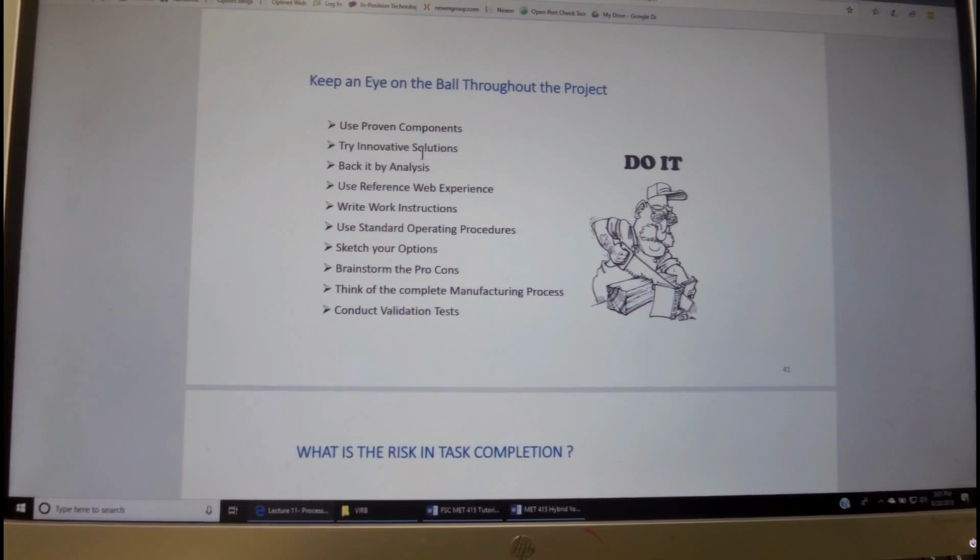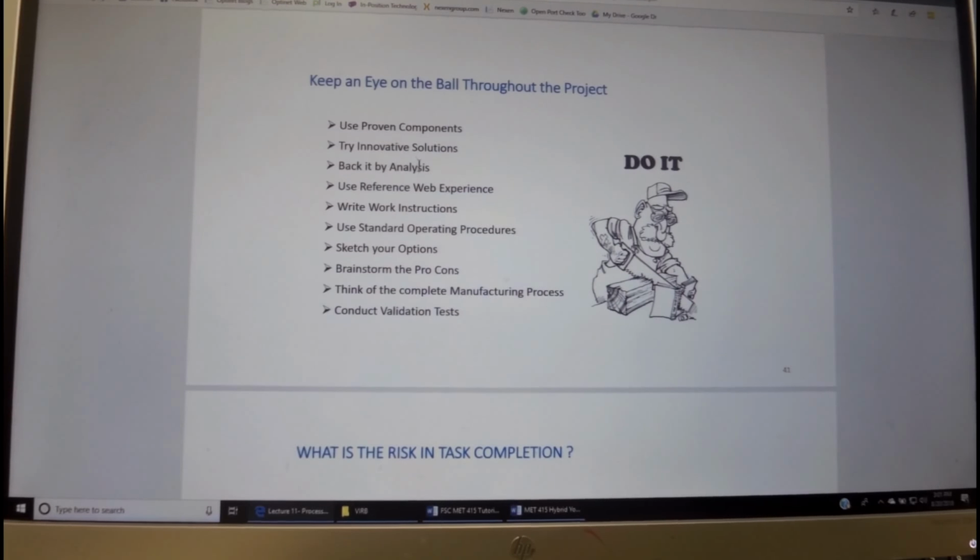The item related to assuring that when we take action, we keep our eye on the ball, is to use proven components as much as possible. Try innovative solutions in order to assure differentiation in a competition.